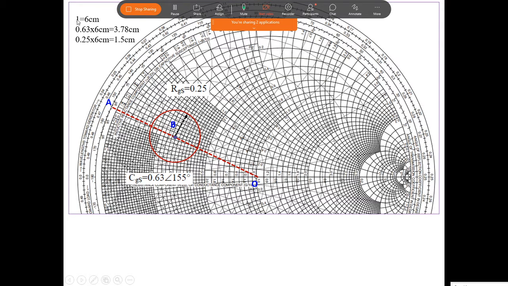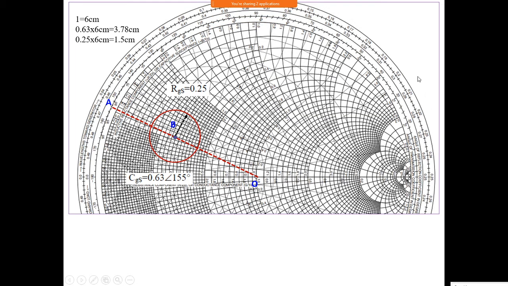6 centimeters is equal to 1 unit, you have to take 1. That is actually tau equal to 1 in the last circle. See here, this is a circle, tau equal to 1. Tau equal to 1 corresponds to 6 centimeters, that you have to write like this. So first you mark the angle, draw a line up to this point and measure how many centimeters there are. You should equate 1 equal to 6 centimeters up to this last circle.